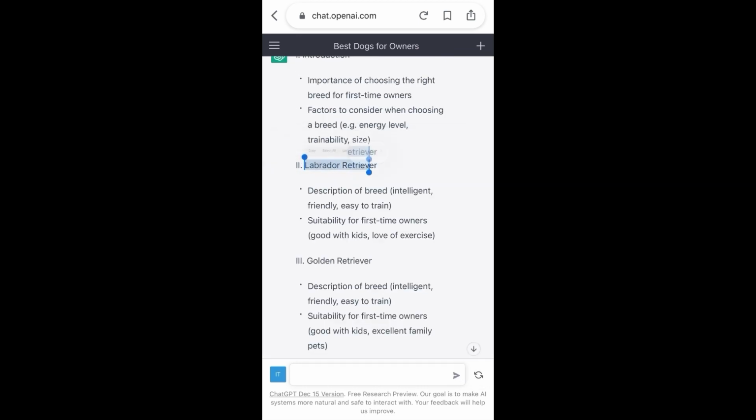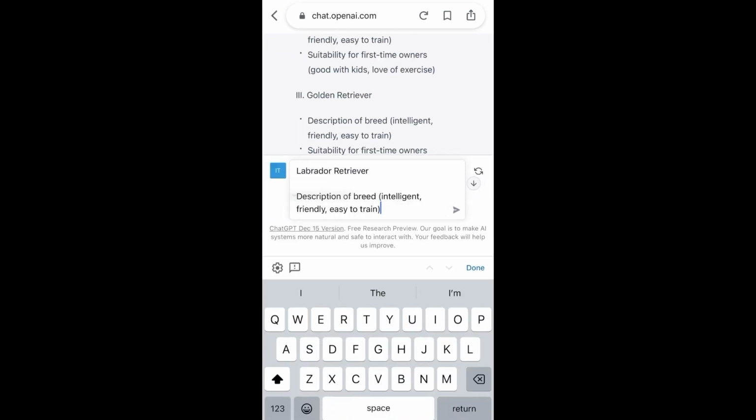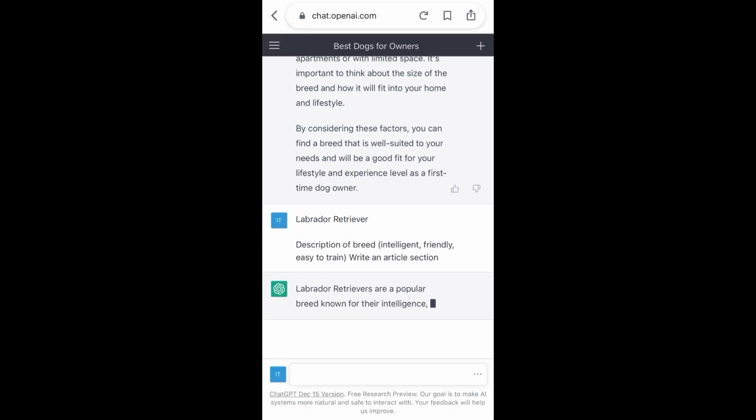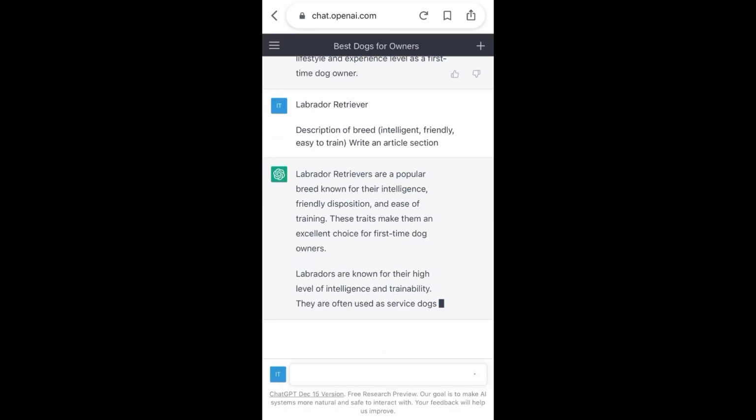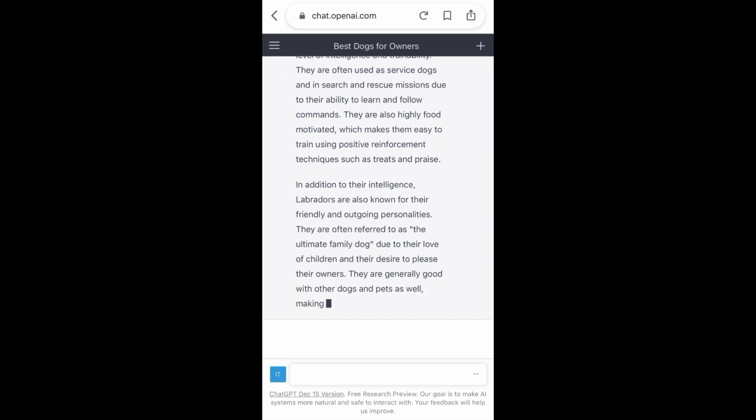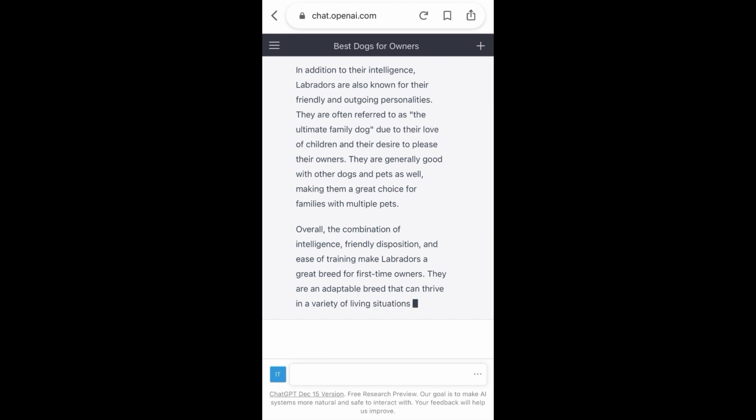The second section of the outline says Labrador Retriever, description of breed, intelligent, friendly, and easy to train. And then we're going to type write an article section. And this will give us our YouTube script for the part that says Labrador Retriever. And what's nice about this is that you only need to copy and paste your outline, and ChatGPT writes your